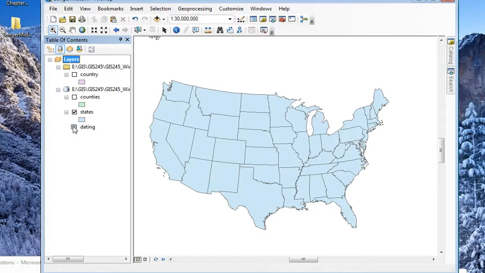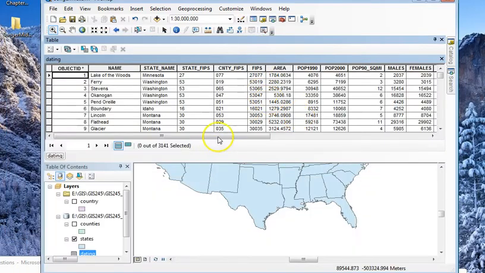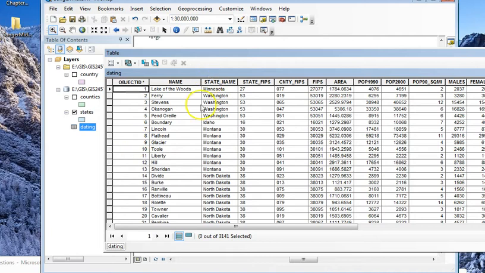And she says, examine the table, which is always a good idea. Anytime you put in data, examine that data. So I'm looking at this dating table, and she's saying which fields could be used to join to the counties table, right? So I have to find a unique identifier for every 3,141 records. I cannot have a duplicate because this is going to be my source, right? Eventually I'm going to make a map, I think, and so I want to take this and add it to the other table. So if I look at U.S. counties,